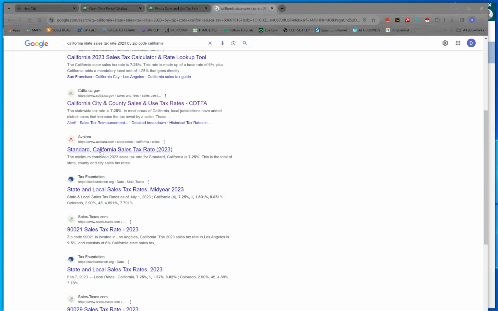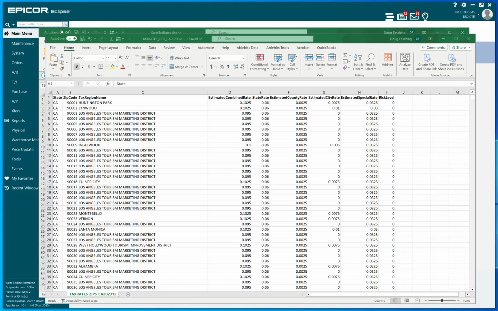Avalara will give you a spreadsheet that does show the tax rate and the zip code and the city and all that additional information if you need to do a large number of changes to your system, like in the case of the one that I'm playing with now. Here is an example of a download from Avalara, and see, this is much more useful for my particular needs because it's actually going to give me a zip code and the tax rate in that and give it a